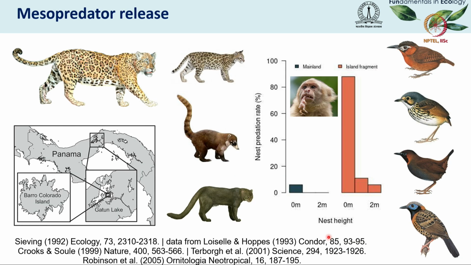Another instance of top-down effects being important in structuring communities is something called mesopredator release. A lot of concepts in community ecology have been tested on an island called Barro Colorado Island. Barro Colorado Island is in Panama, and